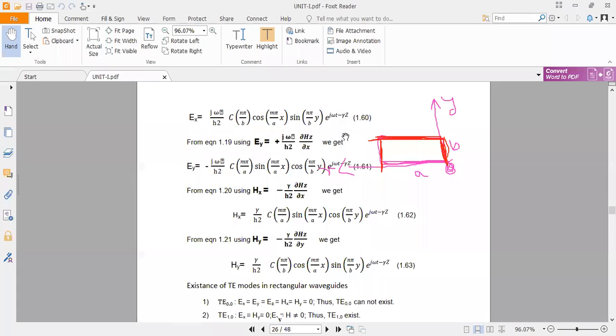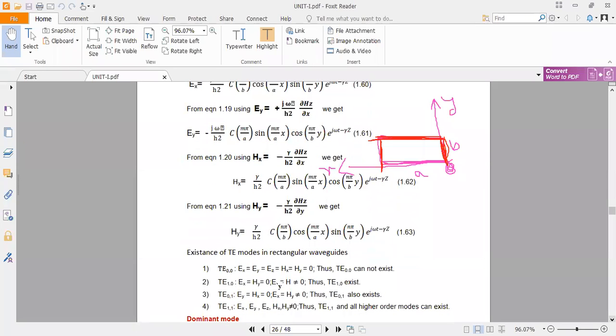Whatever steps we followed for TM, we followed the same steps, everything is the same. Finally, after getting the expression, see, the TE 0 mode doesn't exist. Why doesn't it exist? Hx becomes 0, Ex becomes 0, Ey becomes 0, H